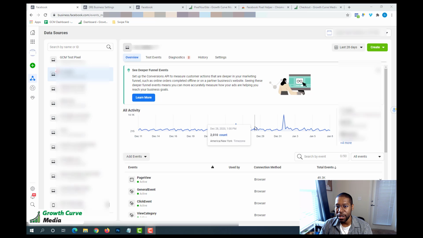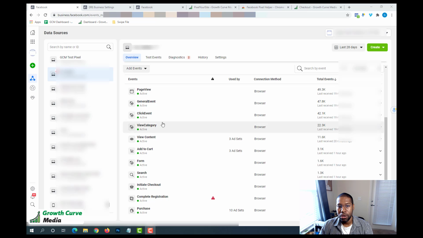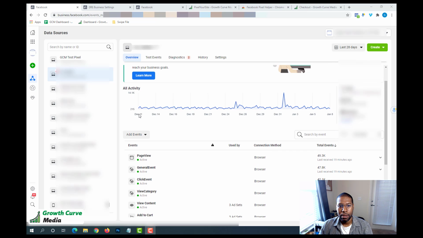And the more activity on your site, the higher this count goes. So you can see here on the first, I had a lot of activity. I think I sent out an email promotion and got a lot of activity on the website. And you can see here, all these different events were fired within this time period, which looks like about a